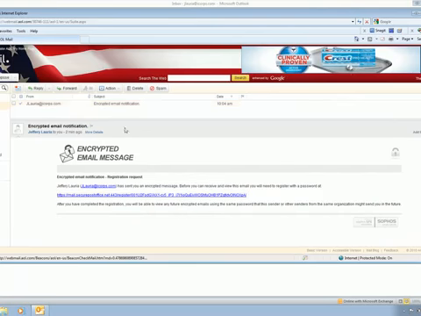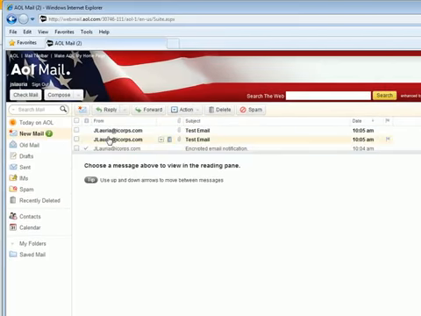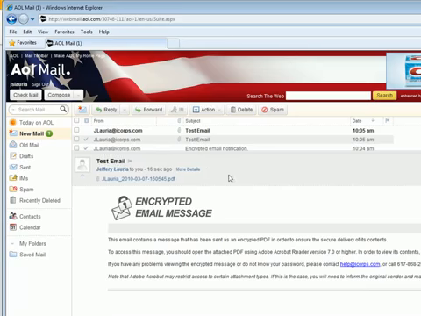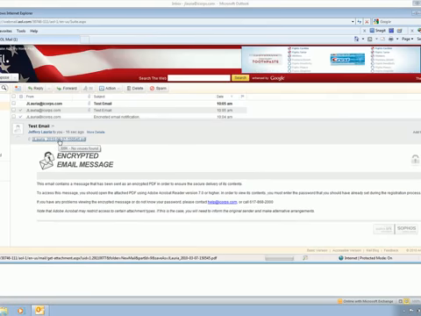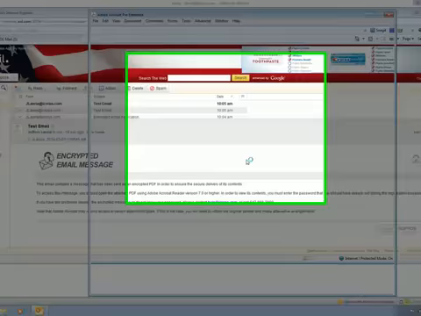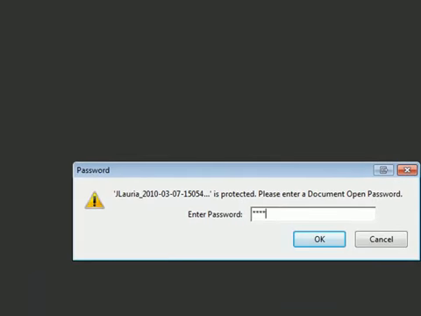And let's take a look and see what jslaurie gets. Let's hit check mail. And what I get is a test email. Again, information talking about Adobe Acrobat Reader 7 or better. If they have problems, they can contact our help desk. Here's the PDF itself. We can open it up. It'll ask for the password, which in this case was password,